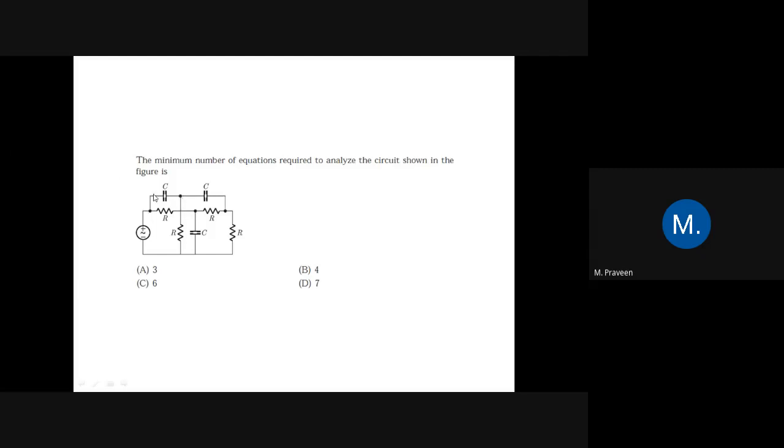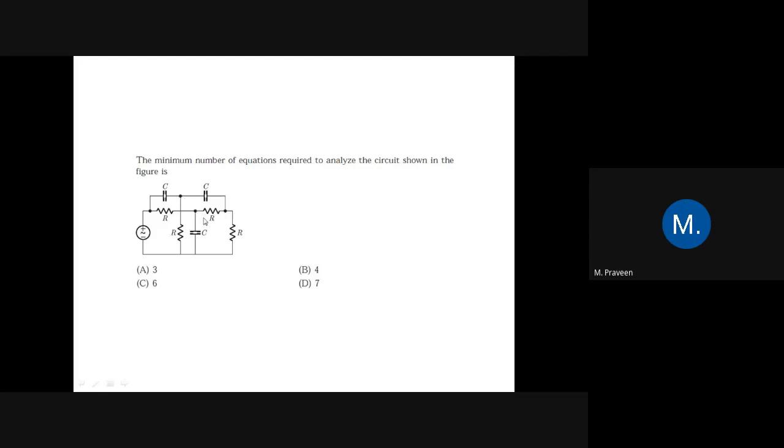If you take here, there is a junction, therefore this is going to be the first nodal point. Here we have the resistance, so this is also a junction, therefore we have a second nodal point here. And if you take the capacitance with the resistance, there is one junction, so here you have one nodal point, and for this capacitor we have one nodal point. Totally we have 4 nodal points.